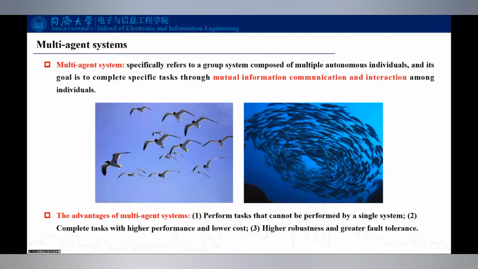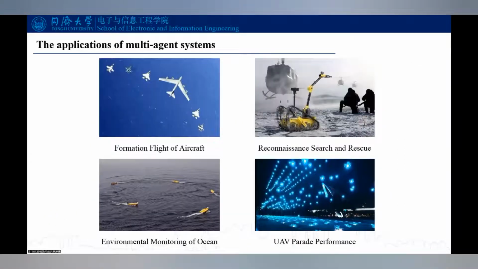Compared with the single-agent system, multi-agent systems have the following advantages. First, they can perform tasks that cannot be performed by a single-agent system. Second, they complete tasks with higher performance and lower cost. The third one, higher robustness and greater fault tolerance. There are many applications of multi-agent systems, such as formation flight of aircraft, reconnaissance, search and rescue, environmental monitoring of